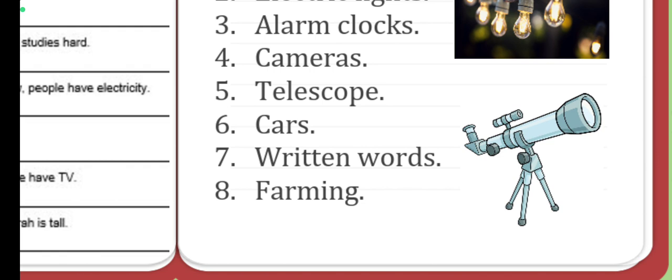Okay, let's take a look. Here we have farming, which is agricultura. Sembraban, no sé cómo decirlo bien, o siembra, okay? So, before farming, people